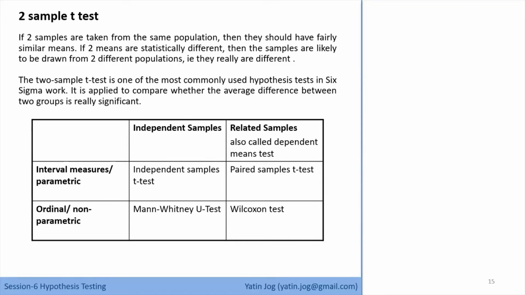So if we have two samples to deal with, either I can have two samples as independent samples, or I can have two samples as related samples, which we can call dependent samples or paired samples. So based on that, we have two methods. For related samples, we have the paired sample t-test, and for independent samples, we have the independent sample t-test. Now, there are also non-parametric tests. That means if you don't know the population parameter and everything, then for non-parametric tests, we can use the Mann-Whitney test and the Wilcoxon test. But that is not part of this course. So we'll go ahead with the independent sample t-test and the paired sample t-test.